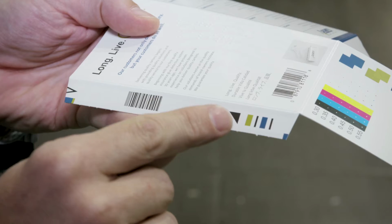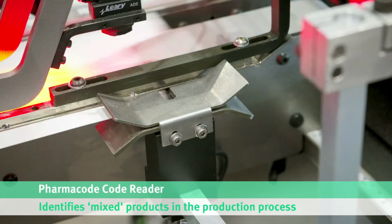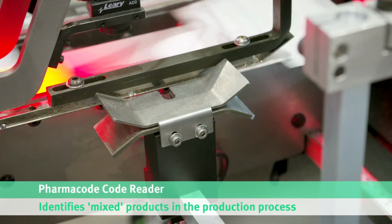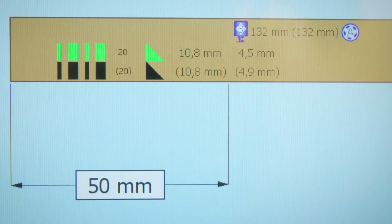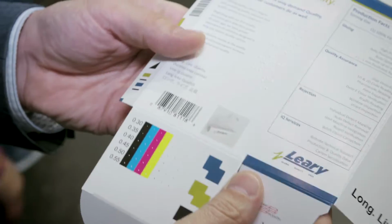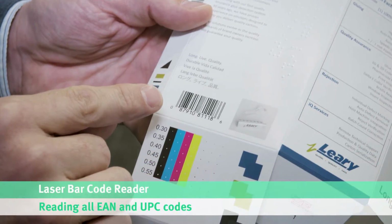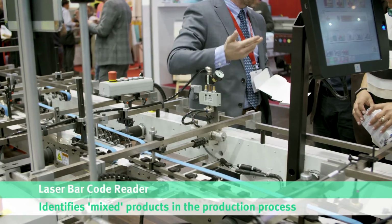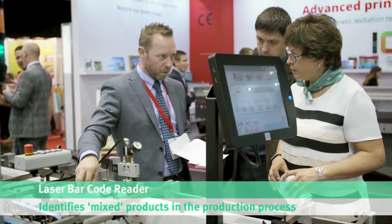for that carton. The pharma code reader protects our customers from sending mixed product to their customer. Every carton is scanned individually to ensure it's the correct type, so no mixed product reaches our customers. The laser barcode reader is able to read all EAN and UPC type barcodes. Again, this is protecting our customers from sending mixed product to their customer, resulting in what can be expensive and